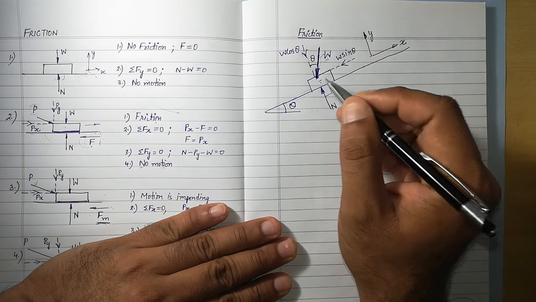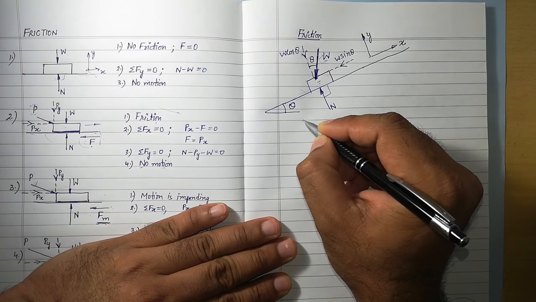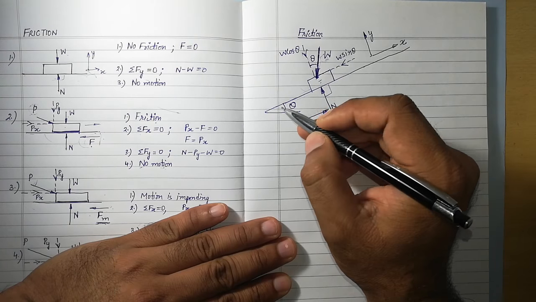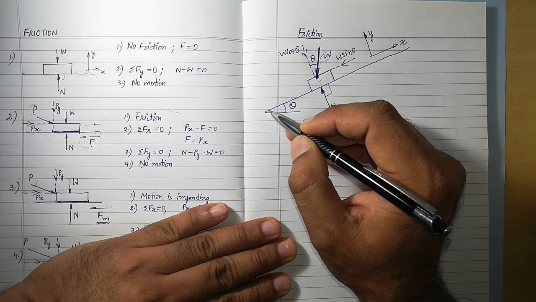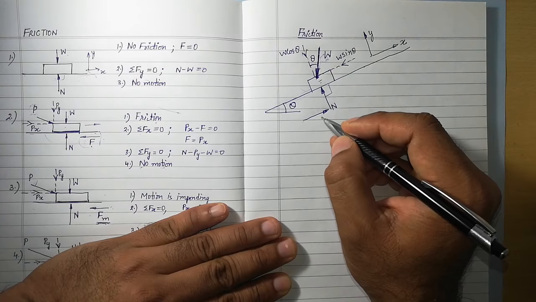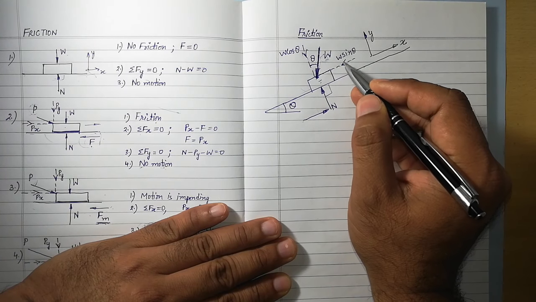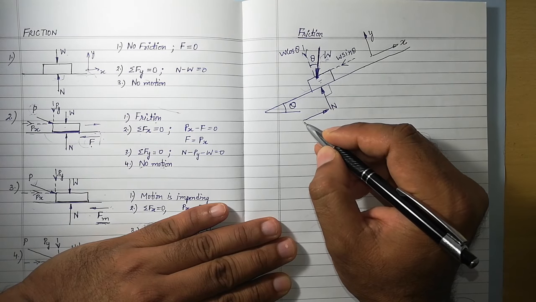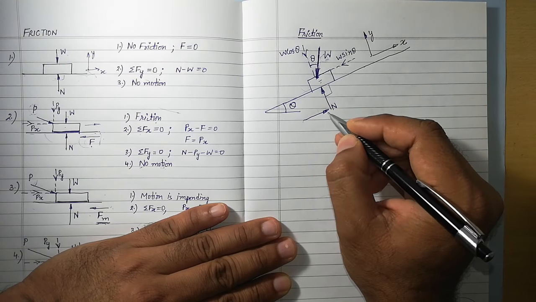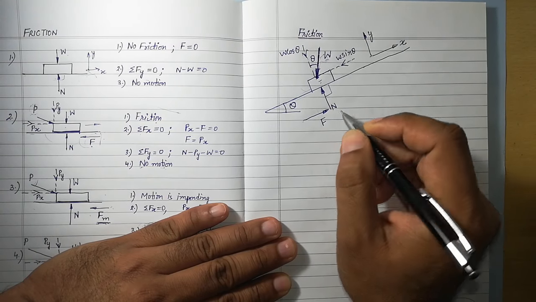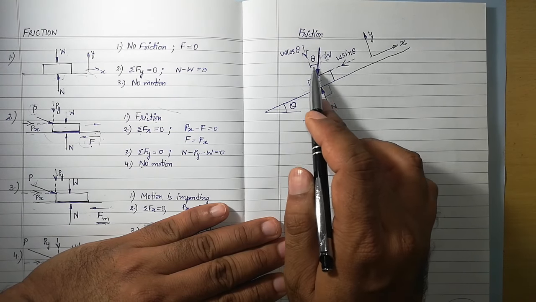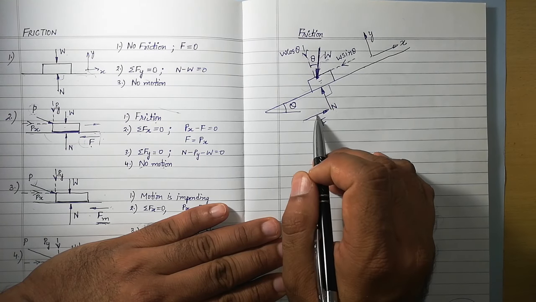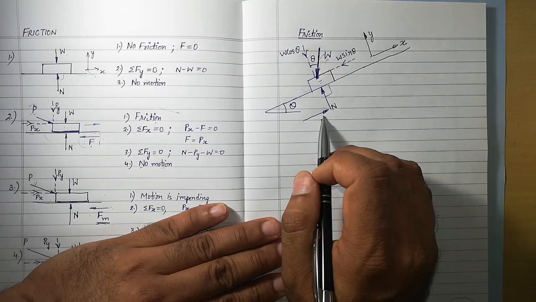So if the body is not moving, it means there is some friction. So let me show that friction here, and how I am labeling this friction. I am labeling this friction along the surface, or I should say tangential to the surface, and as this component is shown towards left, we have to show friction opposite to that component, that is towards right. So let me label this as F. If this block is not moving, that means this component is balanced by the friction force. So this friction will be the static friction.